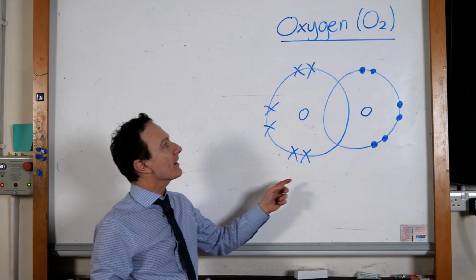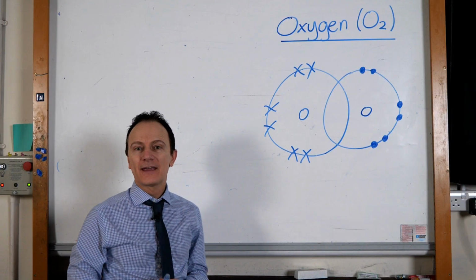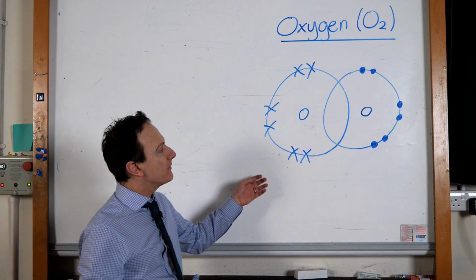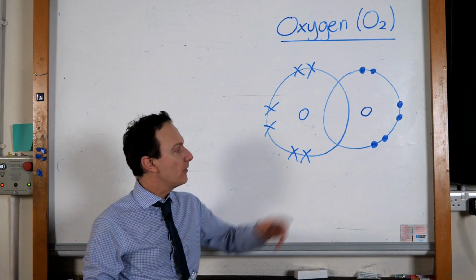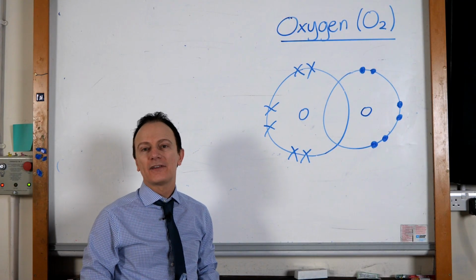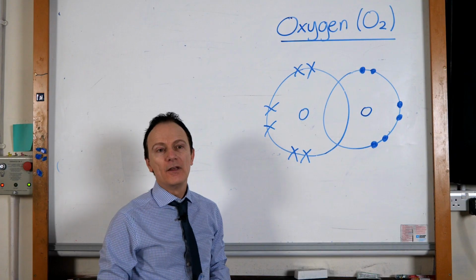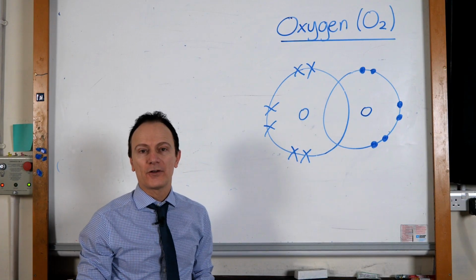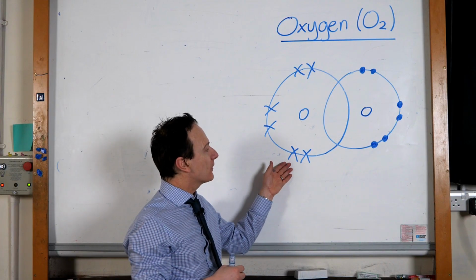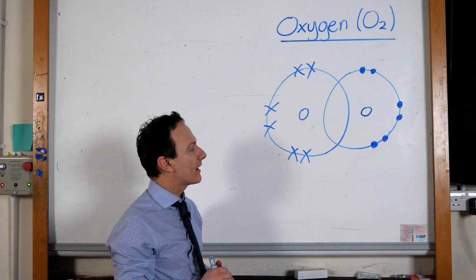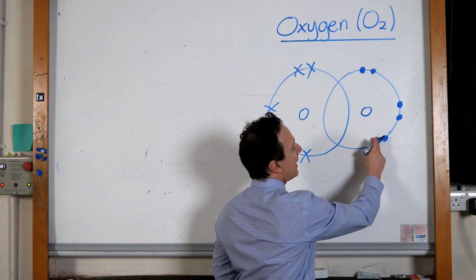So we've got 2 atoms of oxygen that join together to form an oxygen molecule, O2. Now, I've already put the electrons on their outer shell. We're not showing the inner shell because they don't do anything. Oxygen is in group 6 of the periodic table, so each oxygen atom has 6 of its own electrons. So this time, if it's got 6 electrons, it needs 2 more to be stable with a full outer shell. So it's going to share these 2